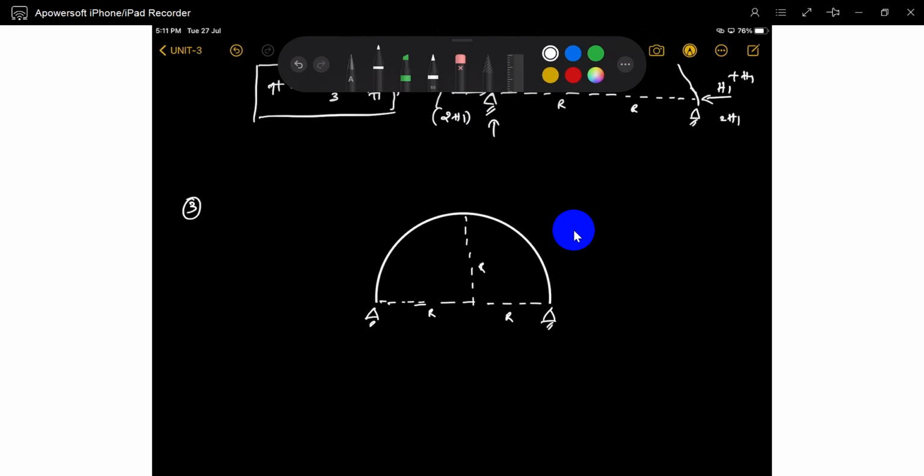If the concentrated load is acting somewhere, not at the ground, this is W, acting somewhere, where? In any semicircular arch we have to identify the section with the help of theta, not x. He said that this is theta, and this is alpha, it is fixed. He said some 30 degrees, 40 degrees or anything. He said that some alpha degrees from the crown, okay, from the crown.